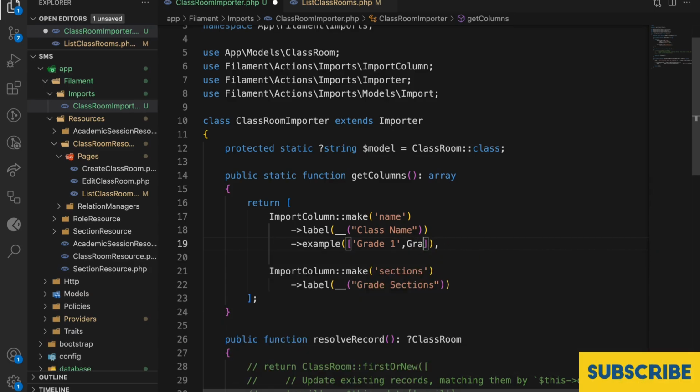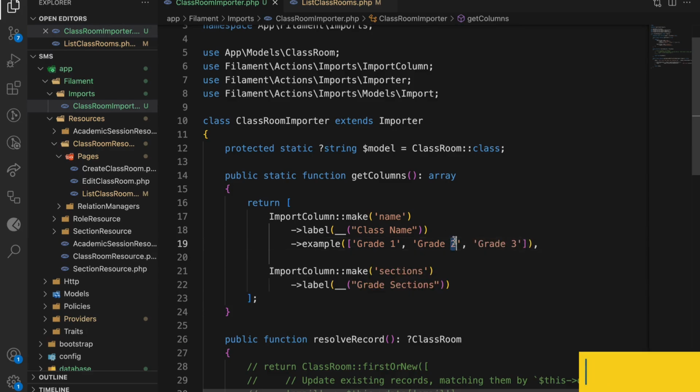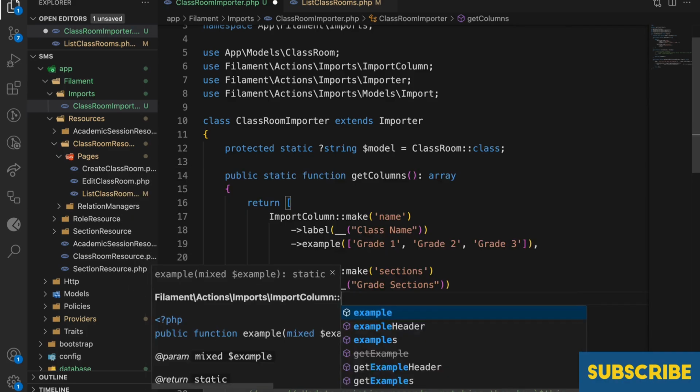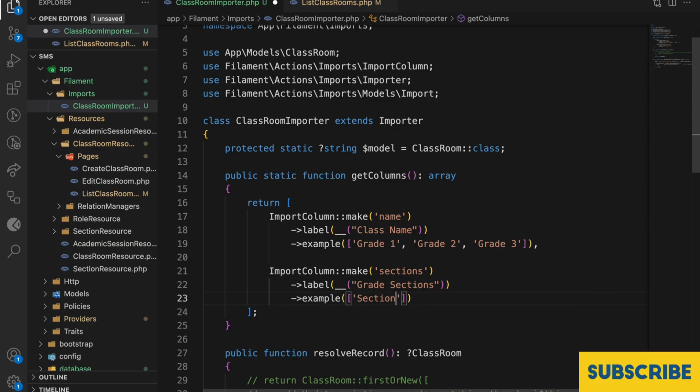Similarly, grade 2, let's say grade 3, I will get this on the result when I download this example. Similarly, for example, in section, I have 3 rows now, right? Grade 1, grade 2, grade 3. So what I can do is section A,